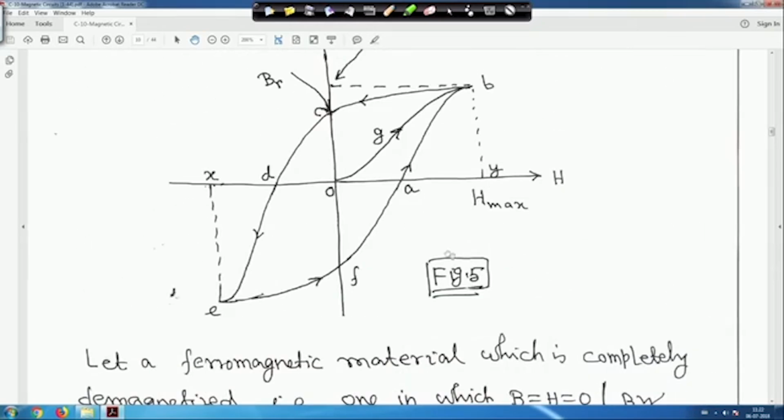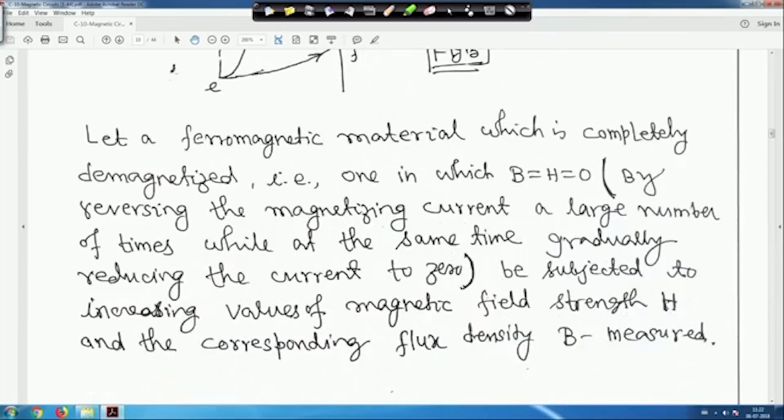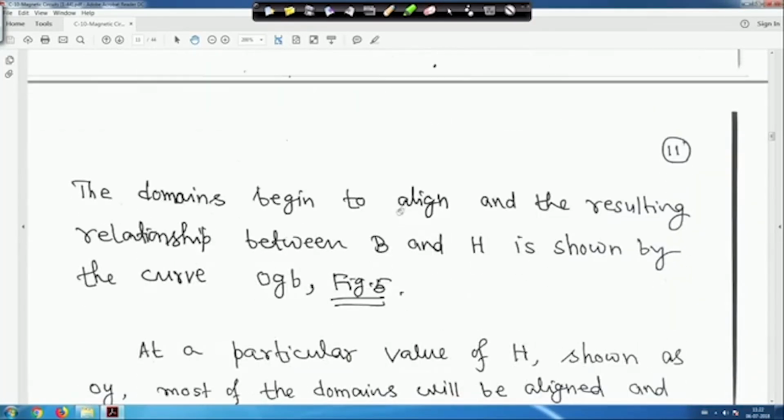So, that means you are increasing the H value now. It is starting from the origin, that 0, because we have totally demagnetized the ferromagnetic material. Now, we are increasing the H, that means we are increasing the current I. So, in that case what will happen, after going on increasing the current, the domains actually begin to align